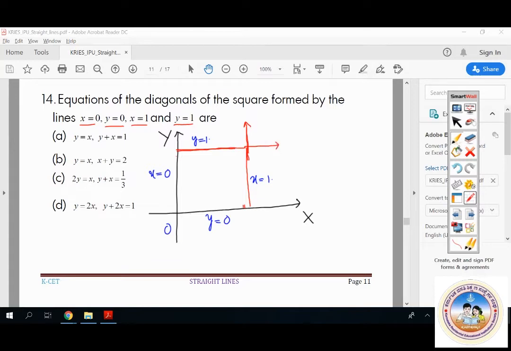So now this is the question in front of you. Understood? Now you can observe the point of intersection of these two. So obviously they are going to intersect at (1, 1). ನಿಮಗೆ ಕ್ವೆಶ್ಚನ್ ಏನಿದೆ ಈಗ, what are going to be the equation of the diagonals ಅಂತ ಕೇಳಿದ್ದಾರೆ. I am going to draw the diagonal now. So let us take the diagonal. ಸೊ ಹೀಗೆ ಒಂದು ಡಯಾಗನಲ್ ಹಾಕೊಳ್ತೀನಿ ಹೀಗೆ.